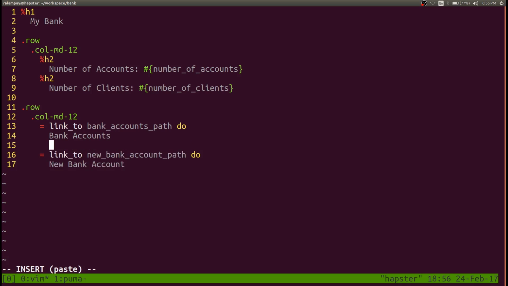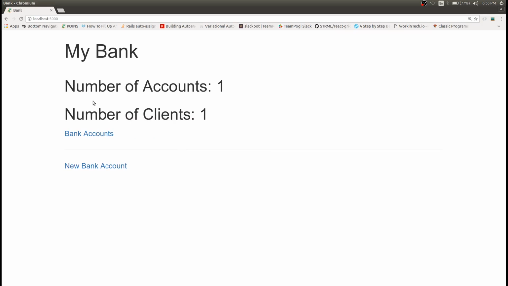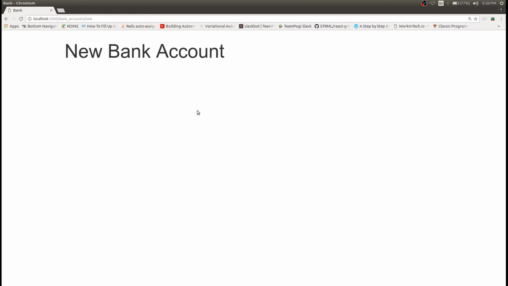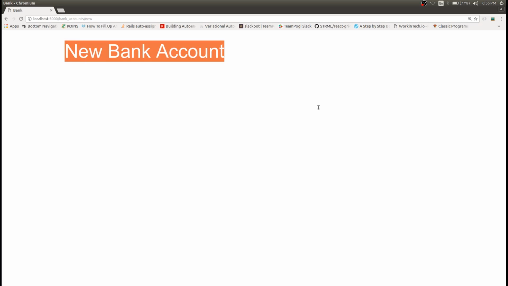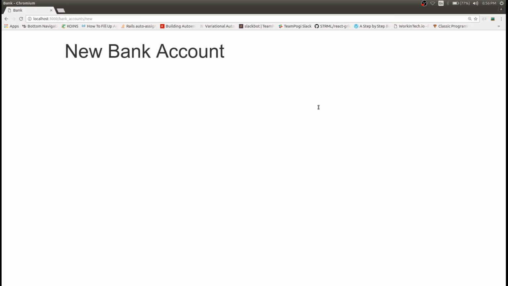So probably we have some border right here. Right, so we have a bunch of links right there. Okay, so when I click new bank account, it should bring me to the page with the header that I just created, new bank account. Now what I'll do is,